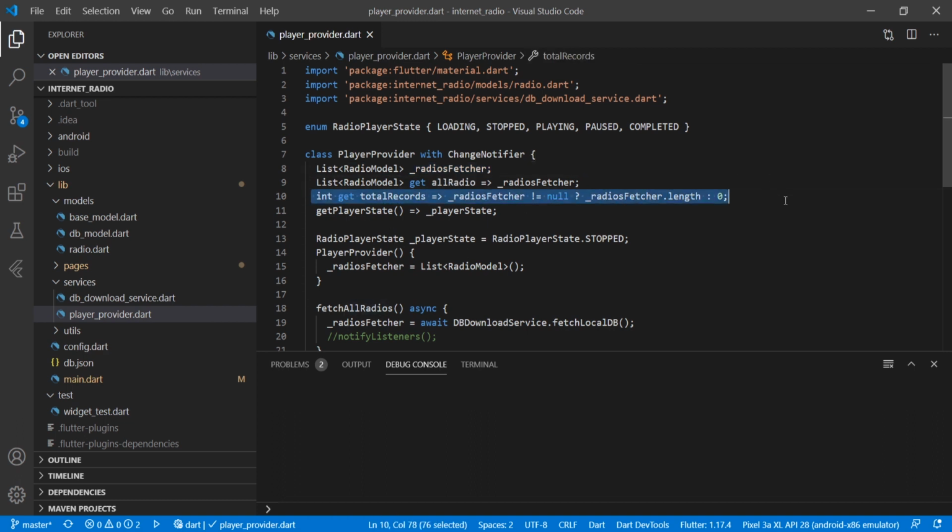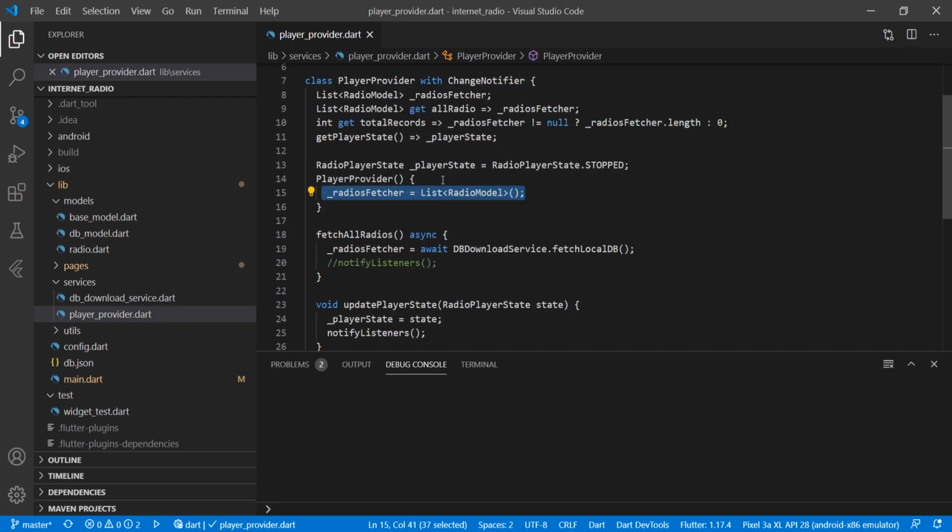Then we have one more public variable of total records and we are just getting the length of that radios model. Then we have a getter for player state to check the current state of the player. By default we are just setting the player state as RadioPlayerState.stop, and in the constructor, the radio fetcher, we are initializing with the list of radio models.